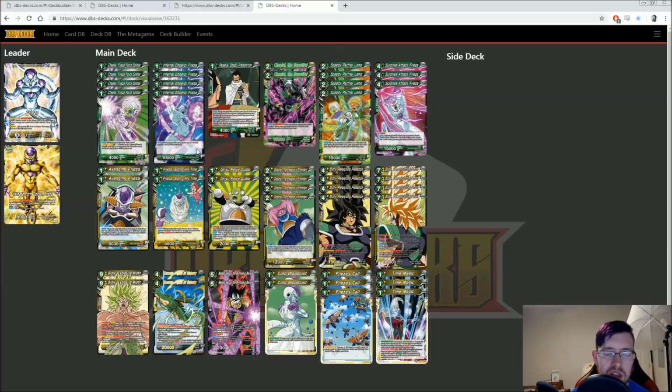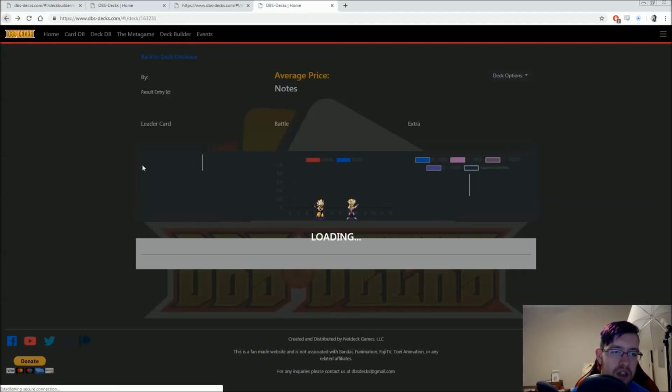I'd say the only thing that I sometimes feel with this deck is we don't have a really good finisher. Especially like the yellow Broly chain I think is cool, and it has some fancy stuff that you can do, but it doesn't finish the game. It just kind of stalls it out for you, right? Because the